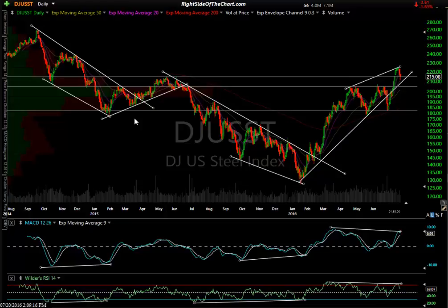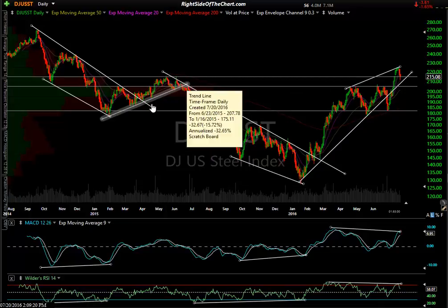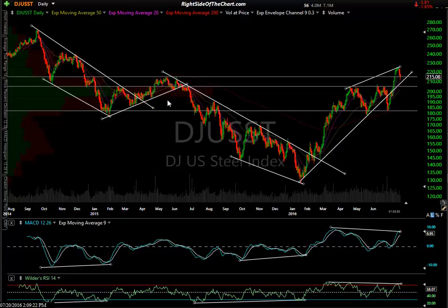And what I mean by that, you can easily draw these trend lines. They have numerous reactions. This isn't just randomly connecting any 2 or 3 points. You see numerous reactions and then a breakdown. And when you have a breakdown, you see the little initial attempted back test, didn't even make it, and then